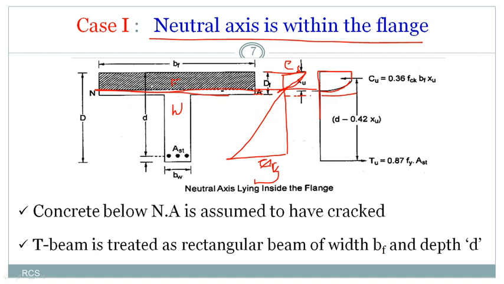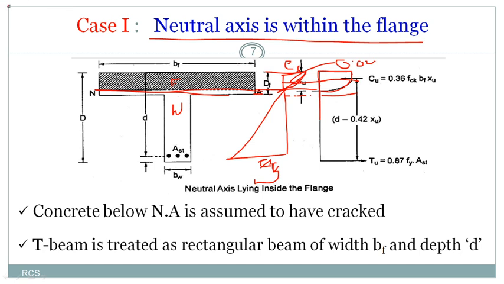For rectangular beams, the stress varies parabolically from the neutral axis up to a strain of 0.002. So this is a strain of 0.002 here. Up to this strain, your stress distribution diagram varies parabolically. From the strain 0.002 to the maximum strain of 0.0035, it will vary as a rectangle, right?